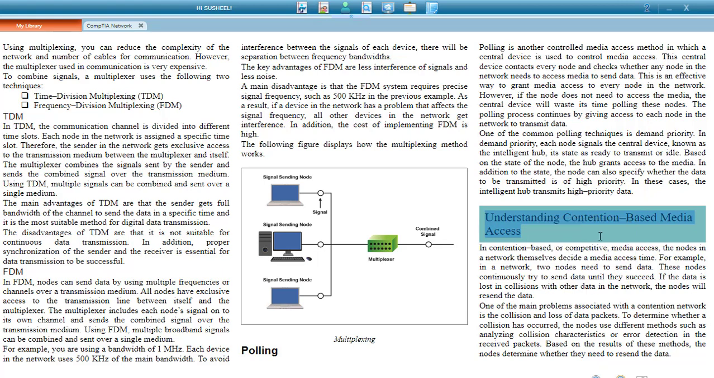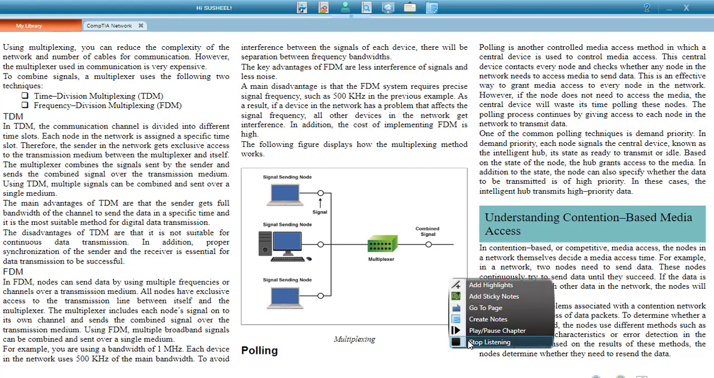Understanding contention-based media access. In contention-based, or competitive, media access, the nodes in a network themselves decide a media access time. For example, in a network, two nodes need to send data. These nodes continuously try to send data until they succeed. If the data is lost in collisions with other data in the network, the nodes will resend the data. One of the main problems associated with the contention network is the